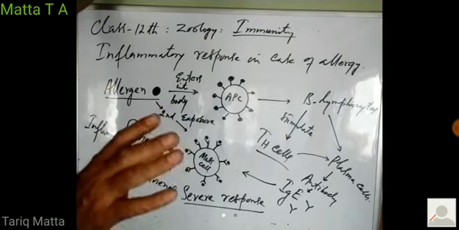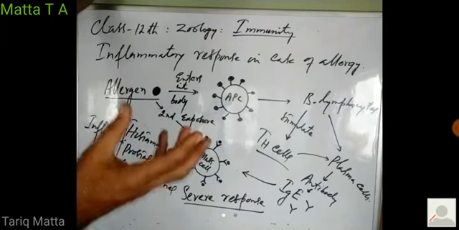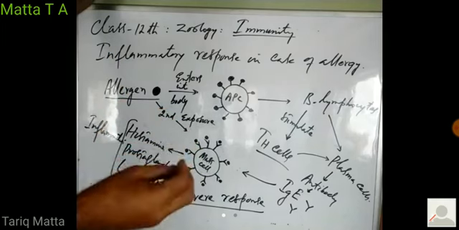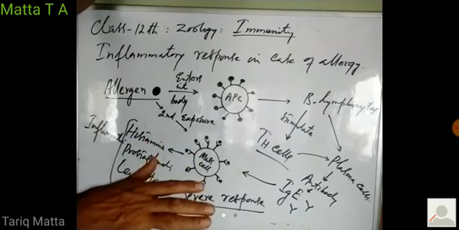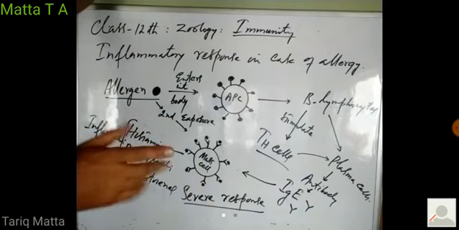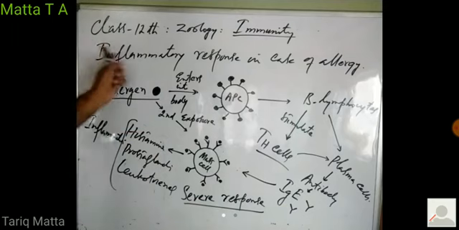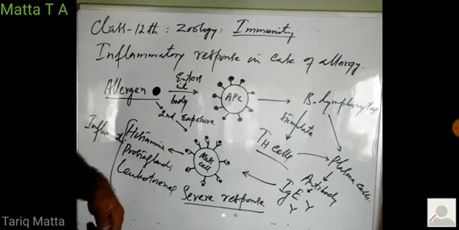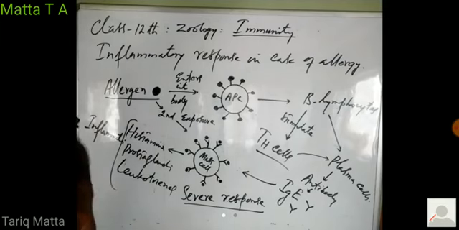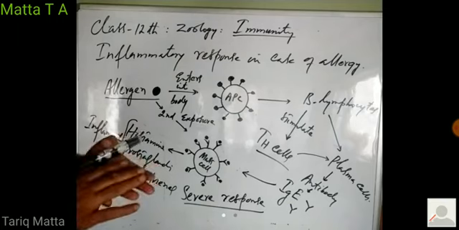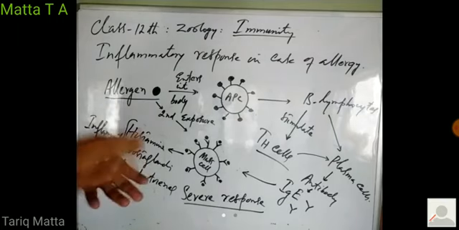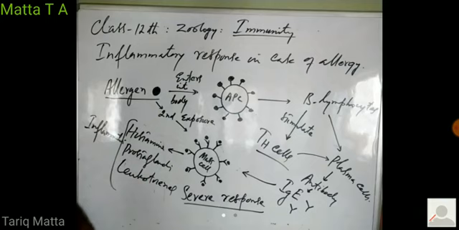So it is advised that if you know that you are allergic to a substance, don't consume it again. Avoid that substance so that a second exposure may not prove fatal. So that is about the inflammatory response. This inflammatory response is basically a defensive response, but when it occurs very severely, it may prove fatal. At that time, anti-inflammatory, anti-allergic drugs must be administered immediately. So that is all about the inflammatory response.